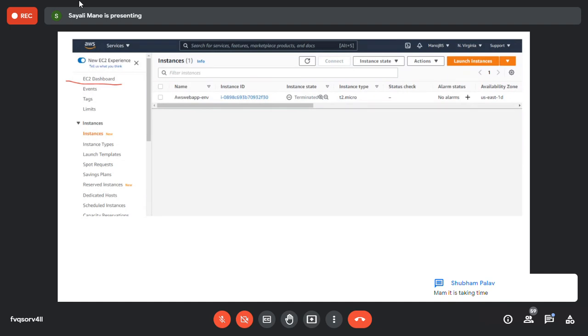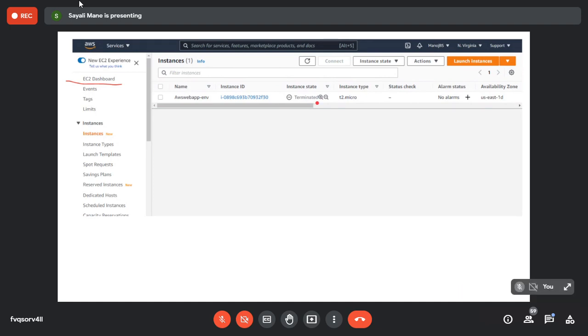It is taking time, it depends on your internet speed. See, are you getting this screen? So see, instance state is what? Terminated. Terminated means we have stopped that respective environment.